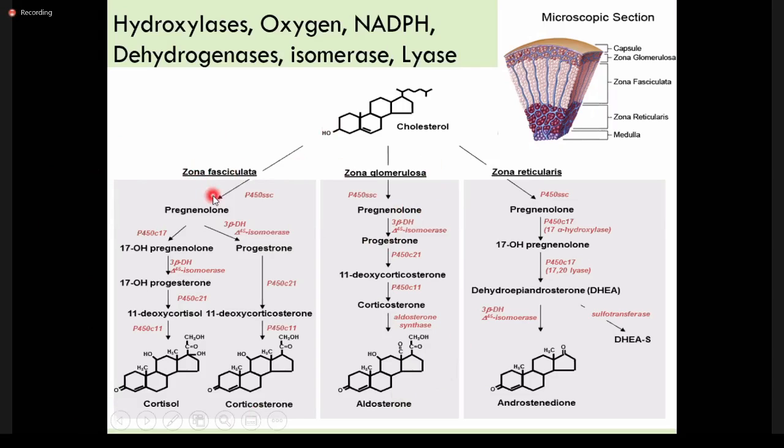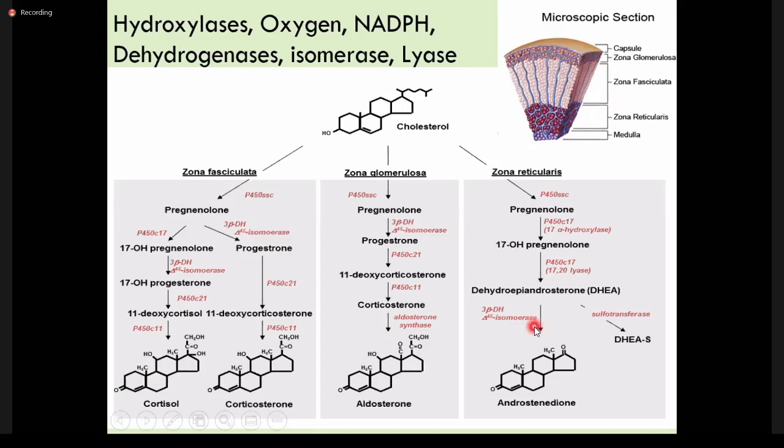So zona fasciculata shares with the zona granulosa the synthesis of similar structures and generation of the glucocorticoid hormones as well as mineralocorticoid hormones. This hormone belongs to the mineralocorticoid hormones, and the others are called glucocorticoids. And I think you are familiar with this. On the other hand, the zona